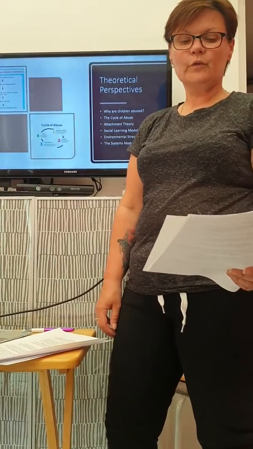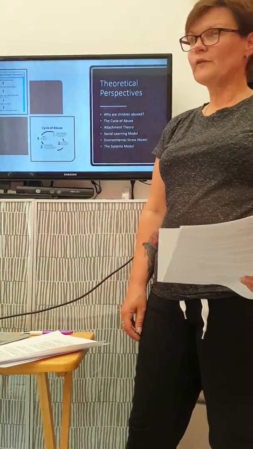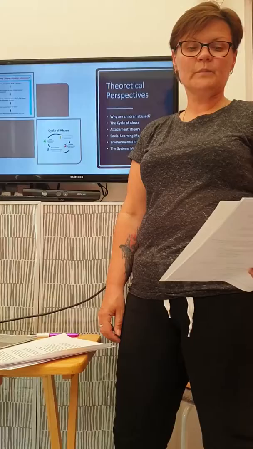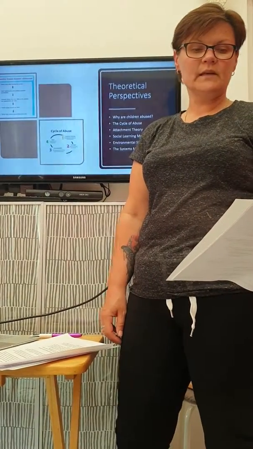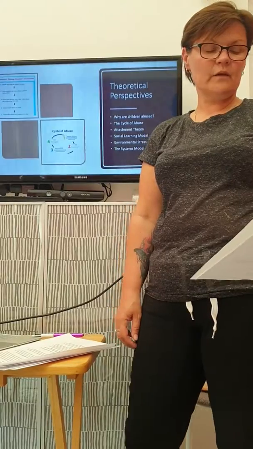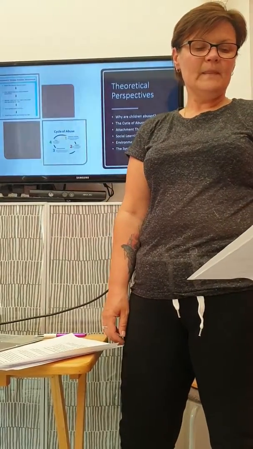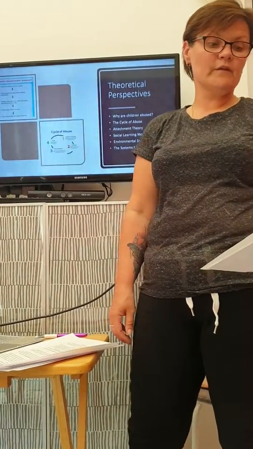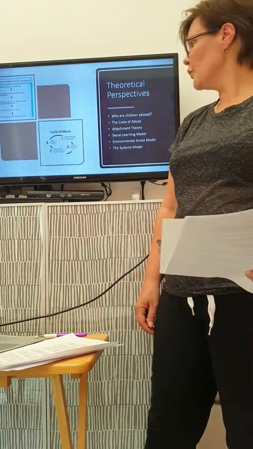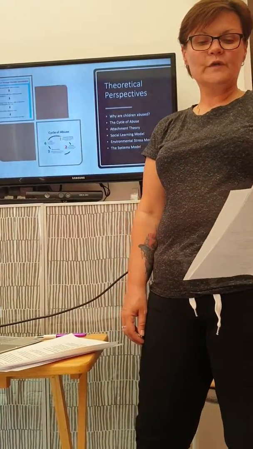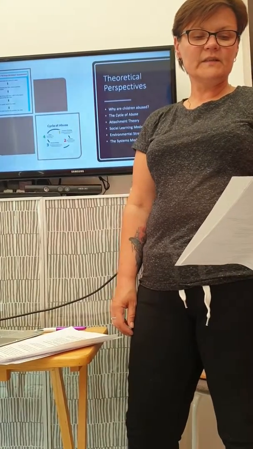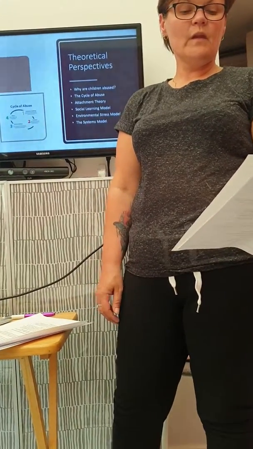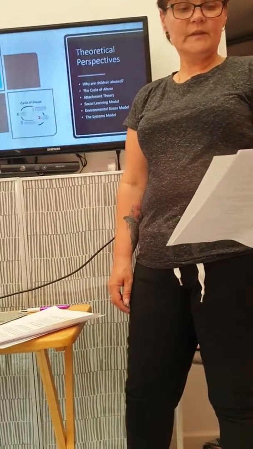Next, we have the social learning model by Albert Bandura. This model I've gone through before in greater detail in a previous presentation, but this experiment with the Bobo dolls showed that if a child witnesses violent, inappropriate behaviour, they will copy it themselves. On evaluation of this model, it is believed that a child's negative behaviour can change according to their surroundings and environment. Next, we have the environmental stress model, the ecological systems theory, and this researched into the reasons for child maltreatment. Then we have the systems model, the theoretical model for child protection.